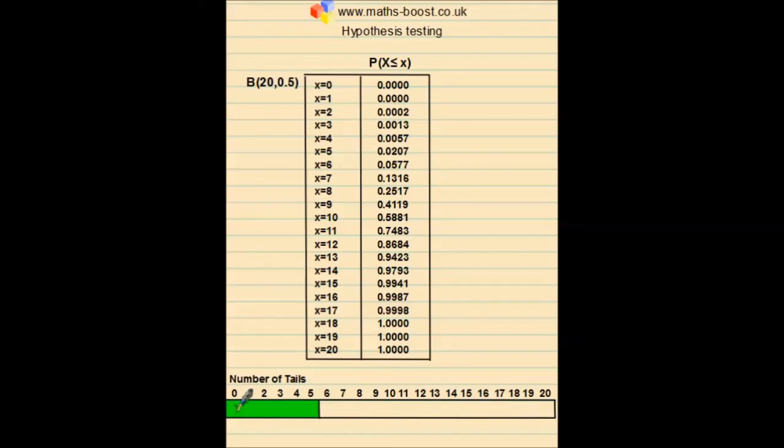It's only when we consider the probability of getting 5 or fewer tails that the probability falls below our significance level of 5% to 2.07%. And so there we have it. Using a 5% significance level, if after flipping the coin 20 times we get 5 or fewer tails, you can justifiably accuse me of using a dodgy coin.